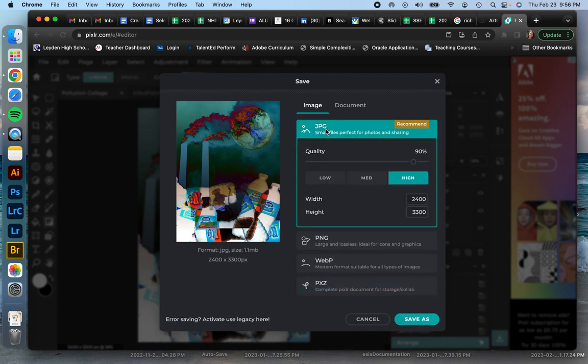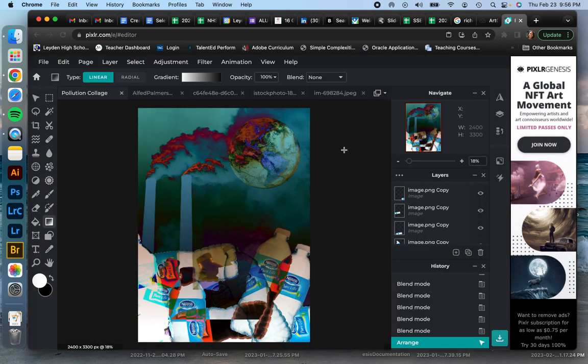Any other changes for blending modes are over here in my layers. These three dots let me go into my blend